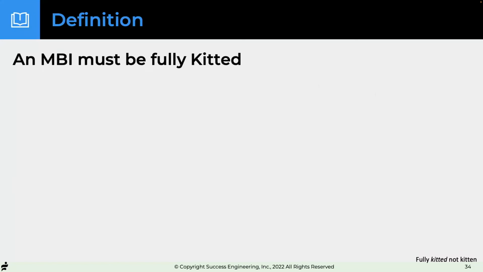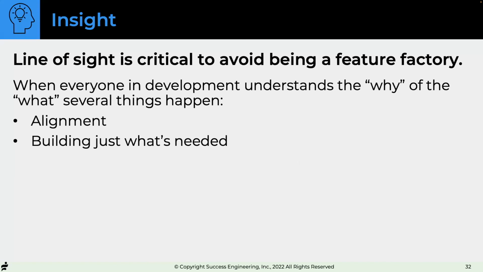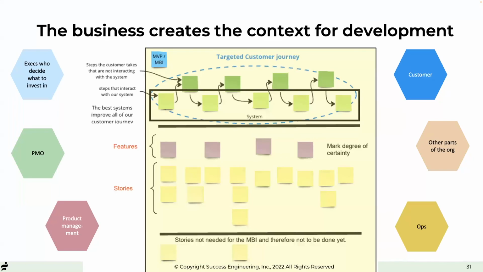Now, I want to talk about something that you probably hoped I talked about that I'm intentionally not talking about, which is how do you do this? I'm trying to create in this talk the need for something like this. But actually, if you look at this picture and you think about it, it becomes a template for how you can do this. Put what's necessary for the things outside. We'll map out your targeted journey, come up with your features, break those down into stories, throw them down there. It's not hard at all.